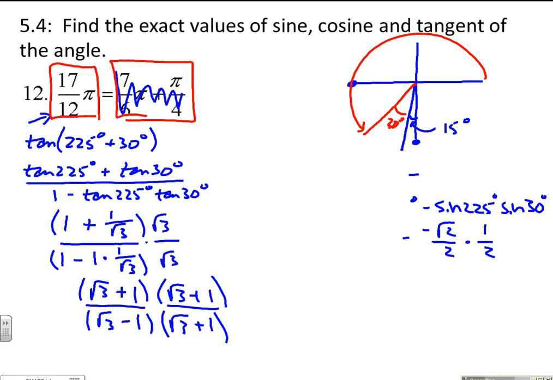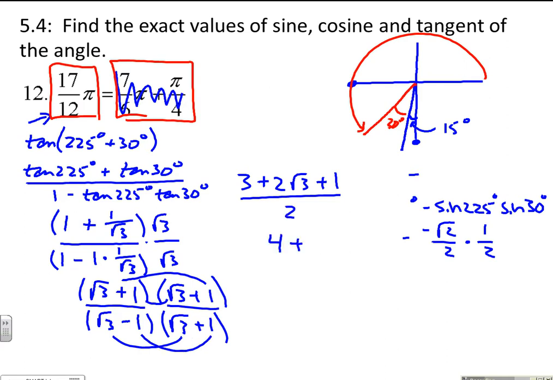And in the numerator, I get root 3 when I FOIL. First times first, root 3 times root 3, 3. My outside product gives me a root 3, another root 3 here, plus 2 root 3. Last times last, 1 times 1, plus 1. And on my denominator, I get 3 minus 1. So I end up with 4 plus 2 root 3 on 2, or 2 plus root 3, which should look